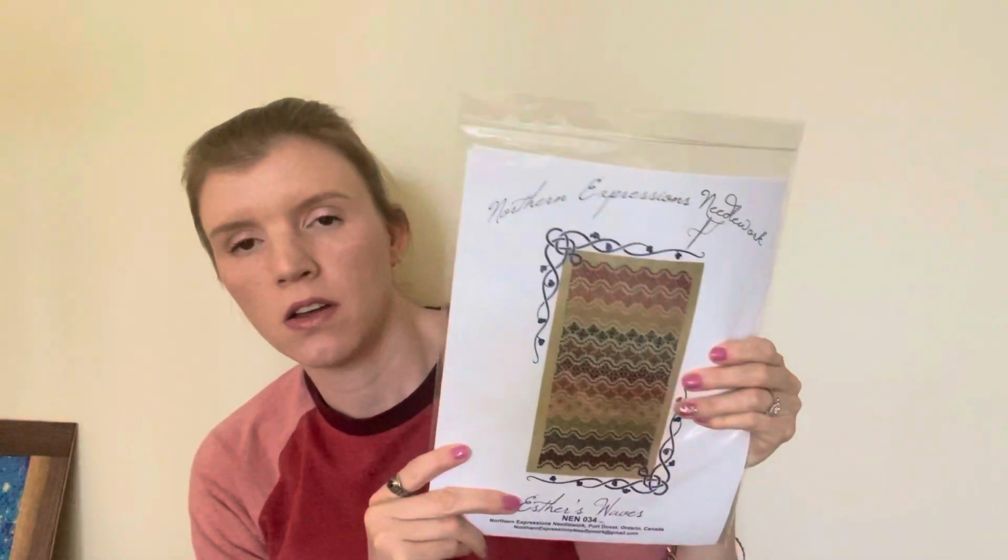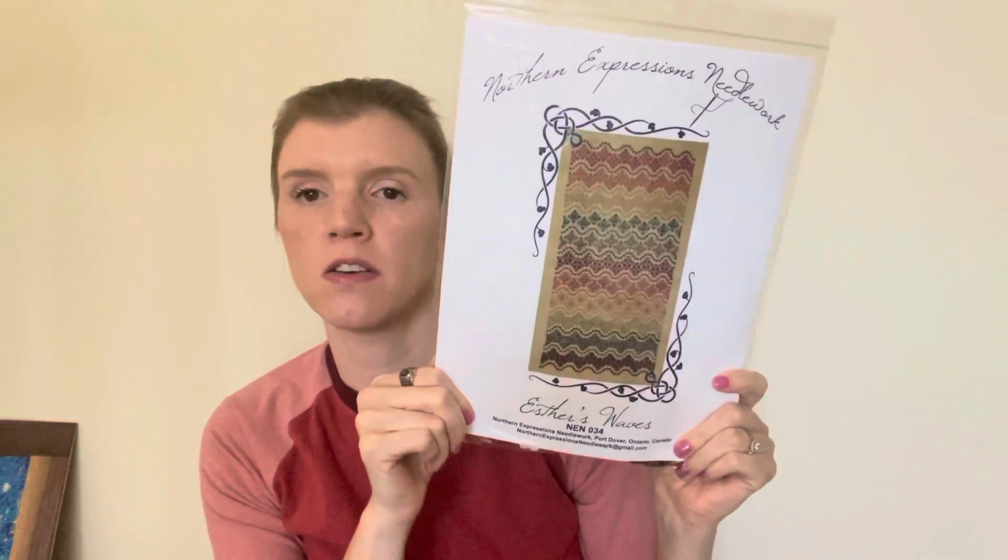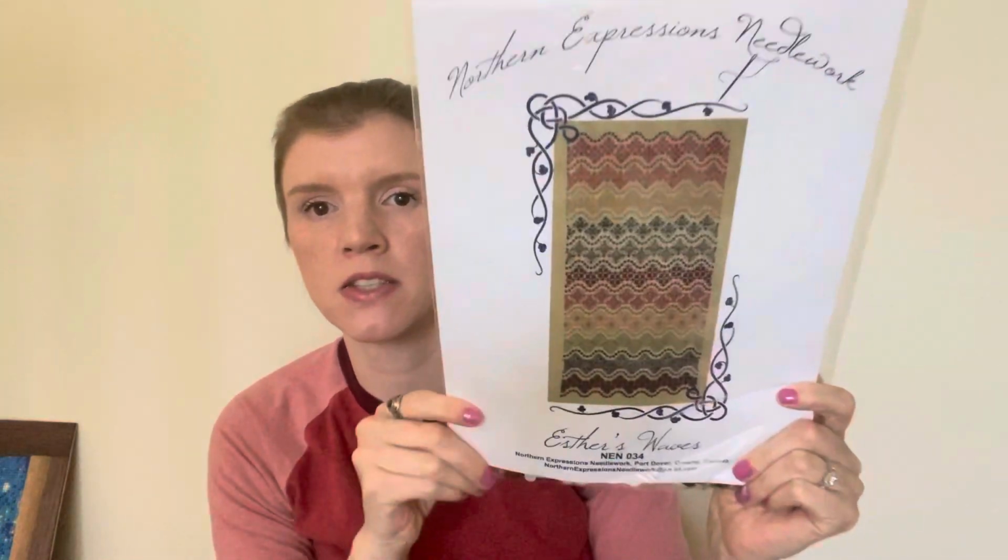Oh, here it is. I've been wanting to replace the beads that come with this Northern Expressions needlework. They don't come with it. I kitted it up myself using the called for colors, and some of the beads were glass beads and some of them were more of a matte or metallic bead, and I wanted them all to be glass beads. So